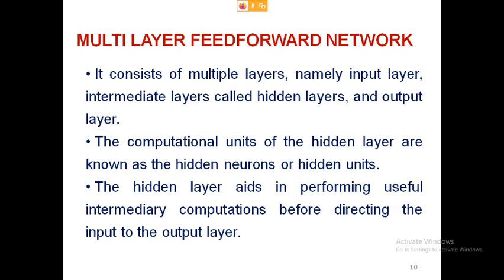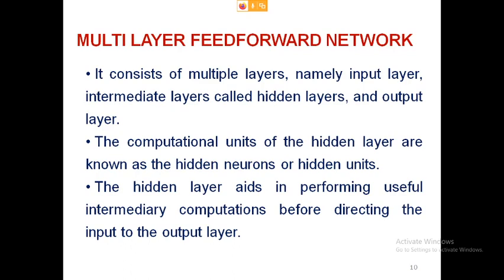Those hidden layers may be one or many. That depends on the application. We need to choose that architecture, and the complexity will also increase as hidden layers increase. So here only the input layer will send the information to the output layer. All remaining layers will do the computational task. Along with the output layer, if one or more layers are doing the computational task, that is called the multi-layer feed-forward network. Feed-forward means the information is processed from the input to the output in only one direction.